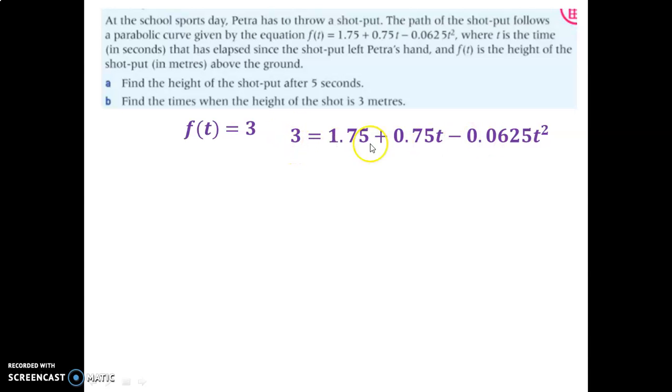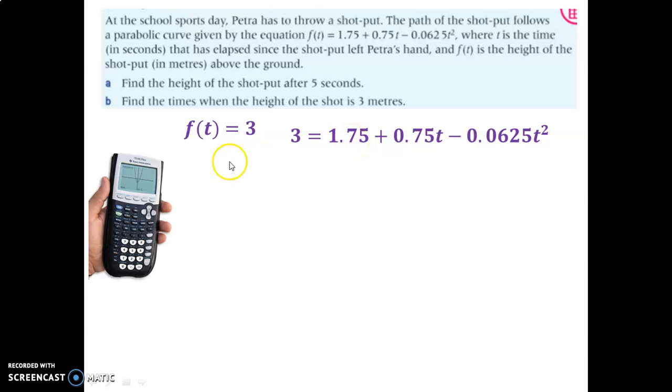3 equals that. This can be solved using some algebra, of course, but in this course we don't have to worry about the algebra for this kind of solving. We can just go straight to using our calculator. So on our calculator, how do you enter this? Well, you can think of it as two functions, because it's saying when is this